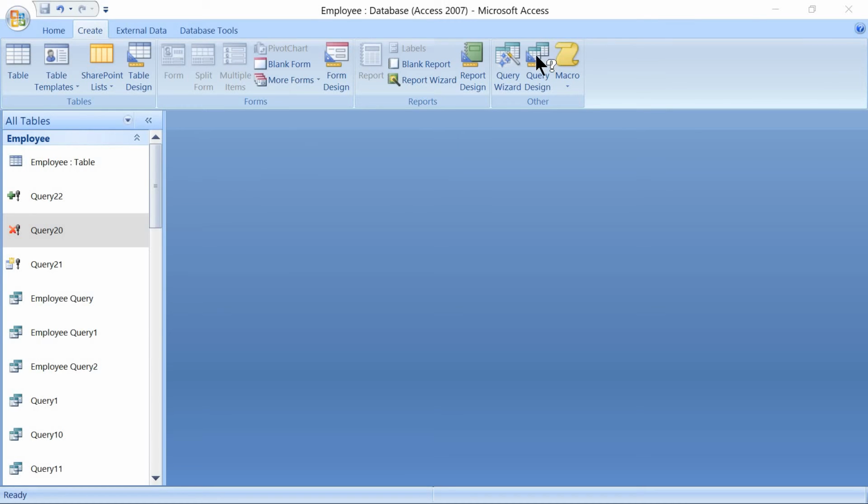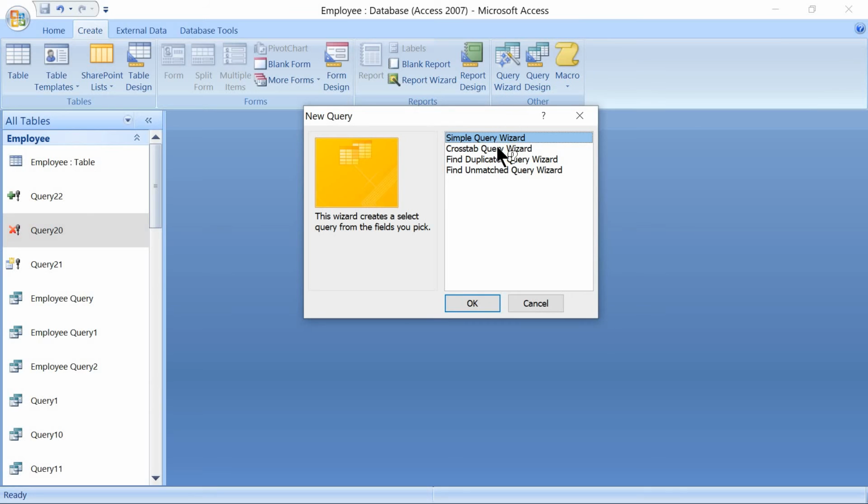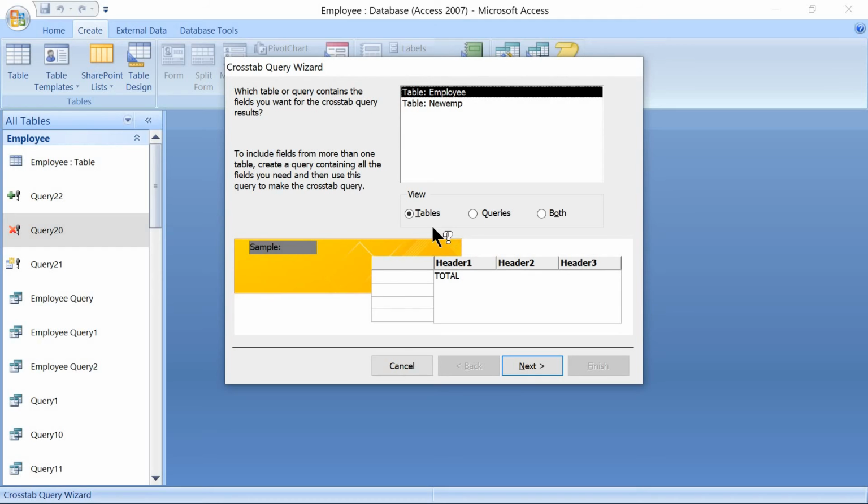Just go to the Create tab, Other Group, Query Wizard. Then select for cross-tab Query Wizard, then click OK. Then here comes out with three different options, tables, queries where we have the list of queries or both. Let's go back to tables, select for employee.